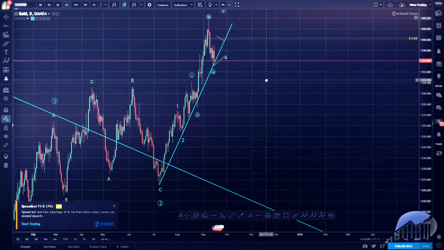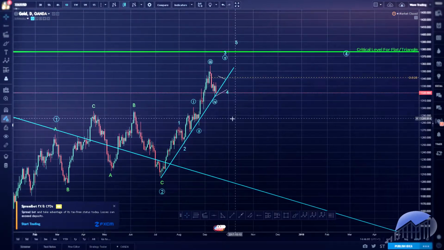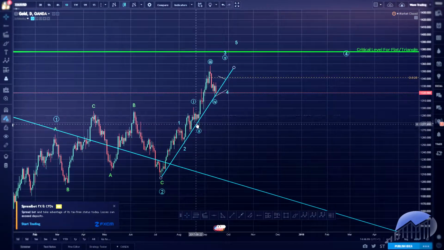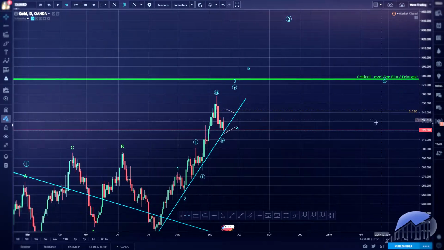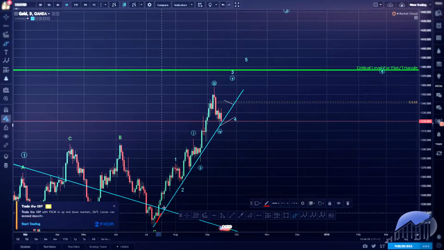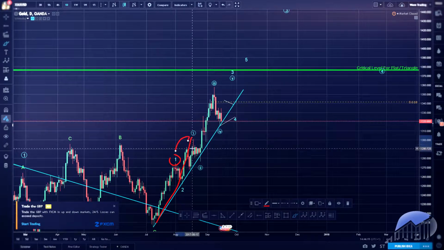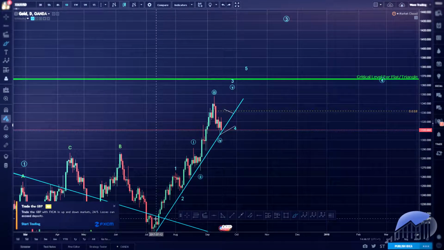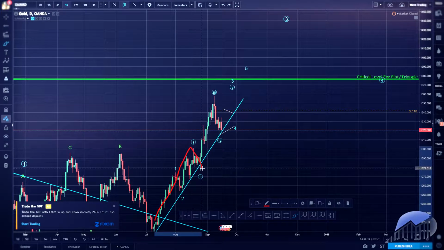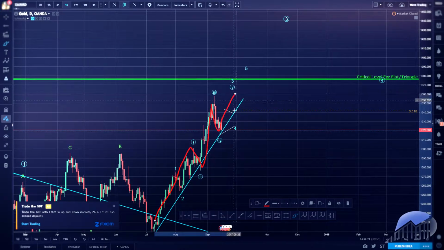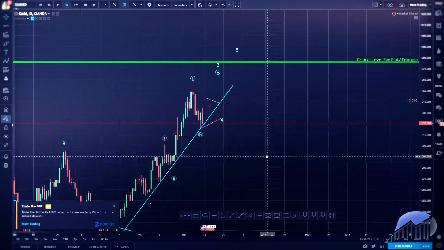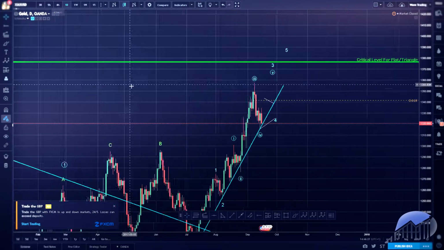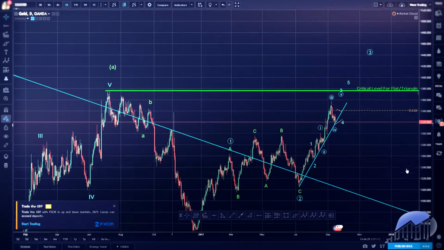Gold is a buy. Reason being is this 1 2 1 2 3 4 and then looking for the 5. It is also possible for this wave 1 to end at this point and make it some kind of extended 1 and then 2 3 4 5. Either way, it's a buy, and if I just zoom out a bit,